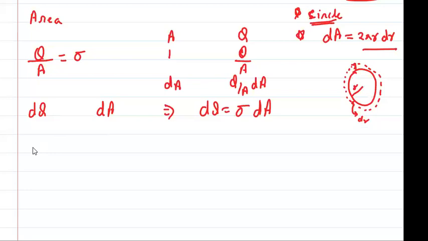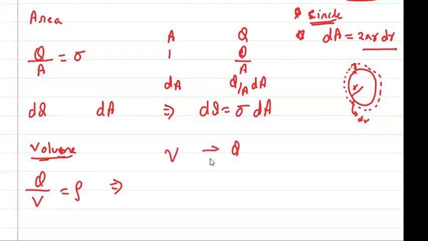Now for volume, tell me what is the charge density for volume? Tell me. For volume it will be what? Everyone. प्रीतम बताओ वॉल्यूम के लिए क्या होना चाहिए? It is Q by V, volume, and this is given by rho, right? ऐसे rho बोलते हैं. ठीक है, तो इस केस में क्या होगा सर? V वॉल्यूम के लिए Q चार्ज